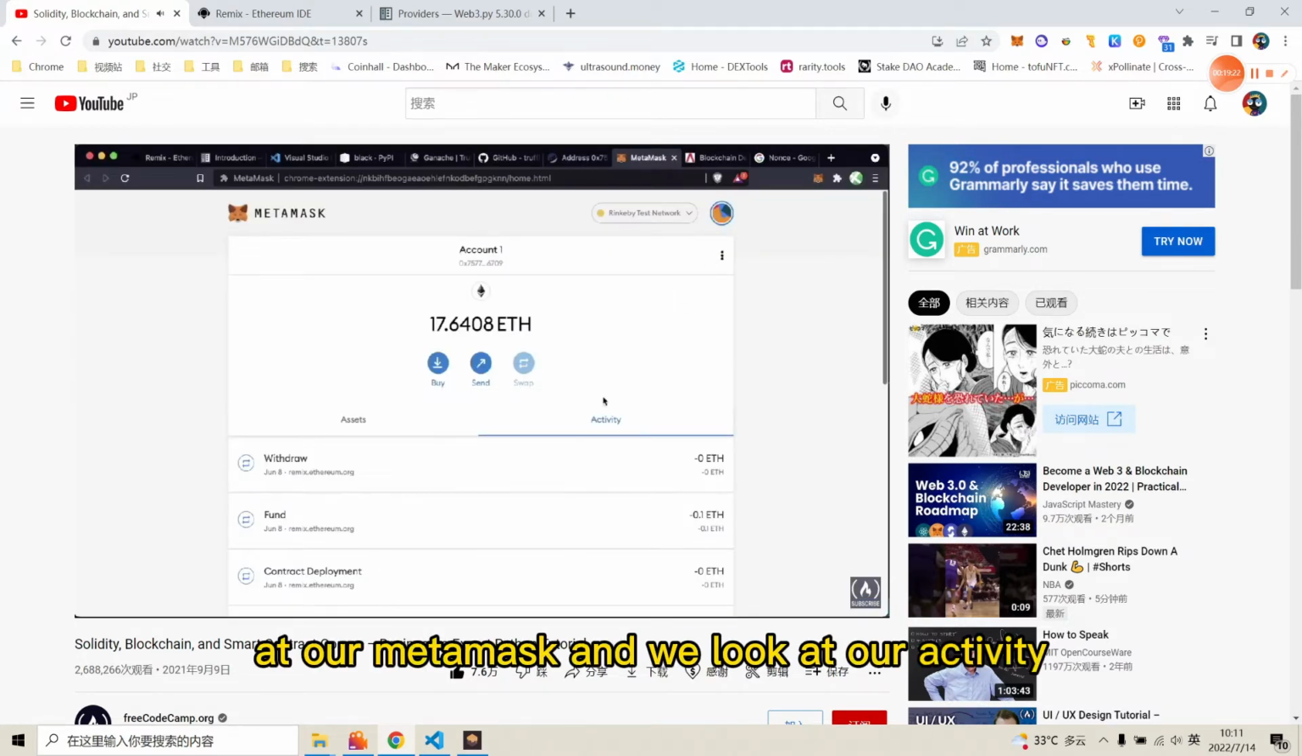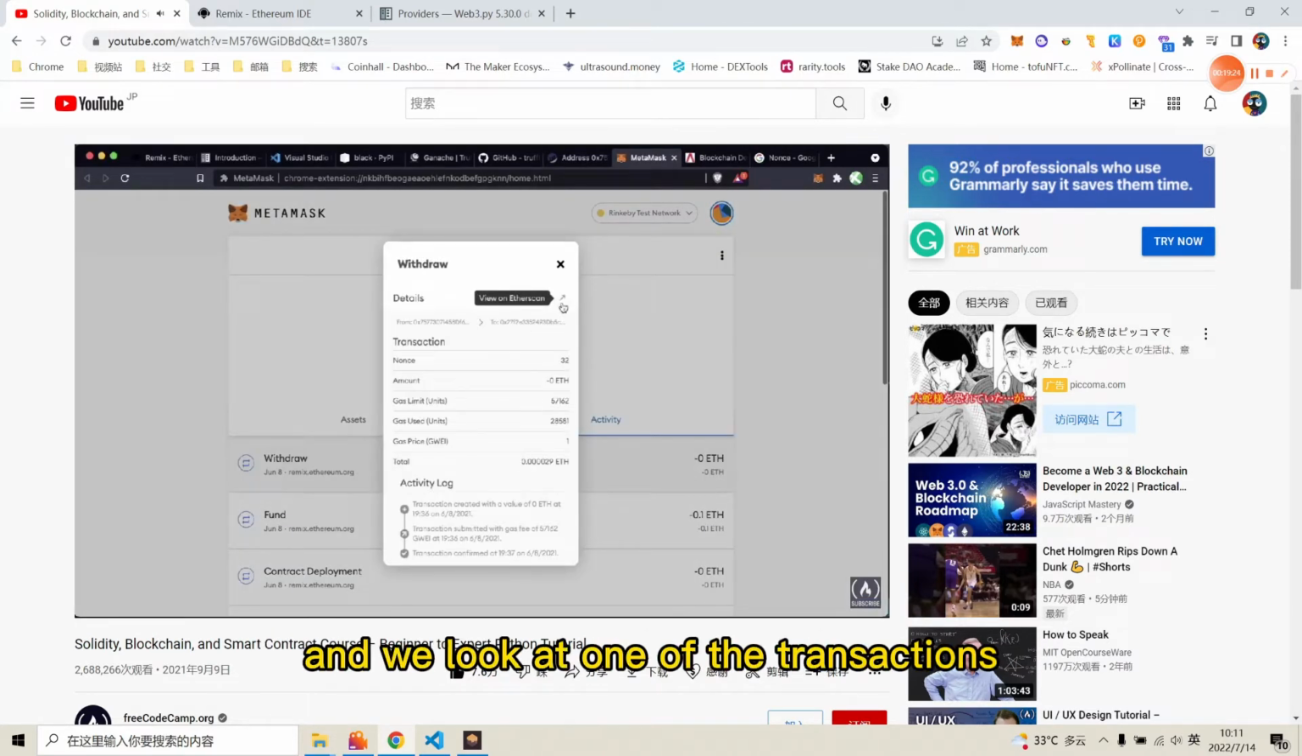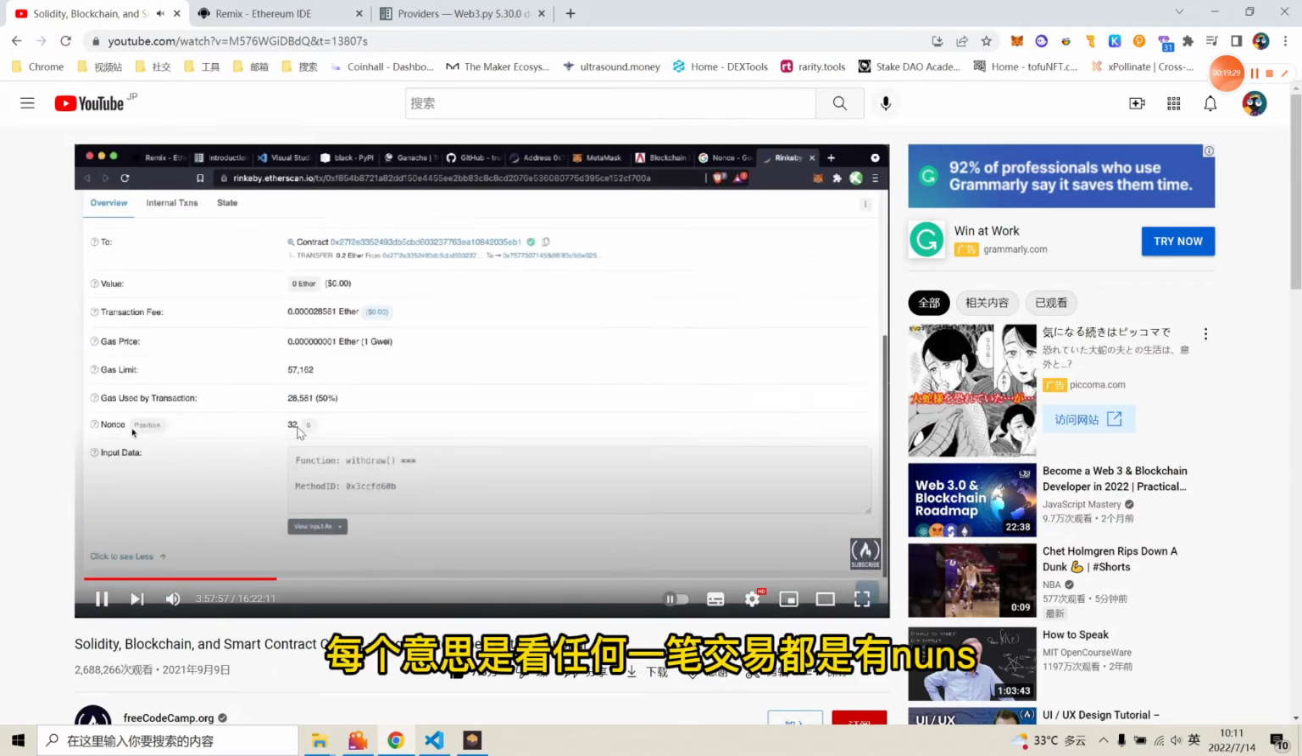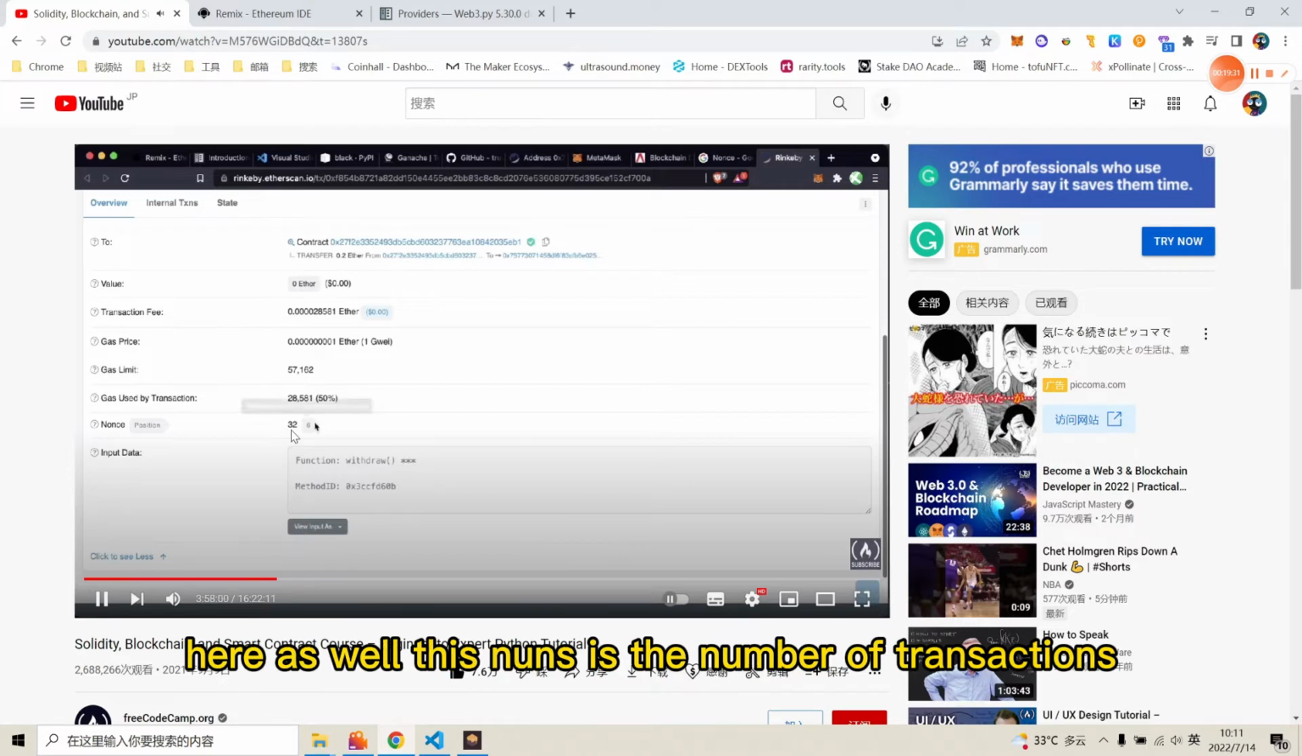See, if we look at our MetaMask and we look at our activity, and we look at one of the transactions we've made recently, if we scroll down, we'll see a nonce here as well. Yeah, nonce is the